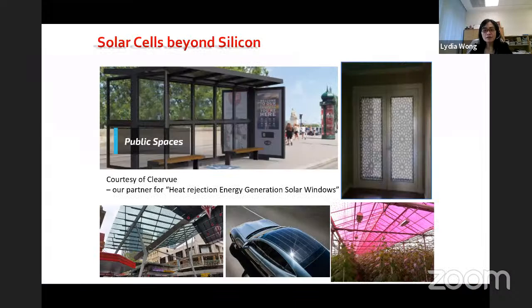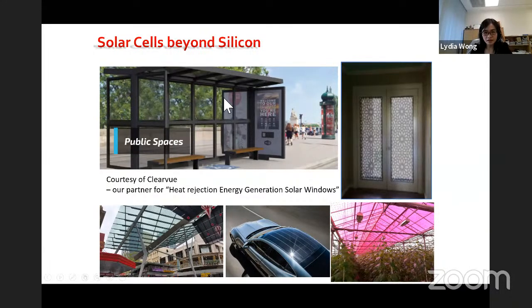And actually, we have to think of solar cell beyond silicon. If we want to do research, silicon solar cell research is almost done. Okay, because it has already gone through the manufacturing process. What we should think about is, can we deploy solar cells in non-conventional places? For example, as the window here, this is installed at a bus stop in Melbourne. So if you get a chance to visit Melbourne, go to the city center, find this bus stop.